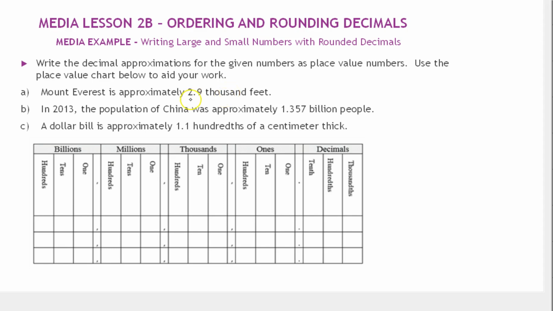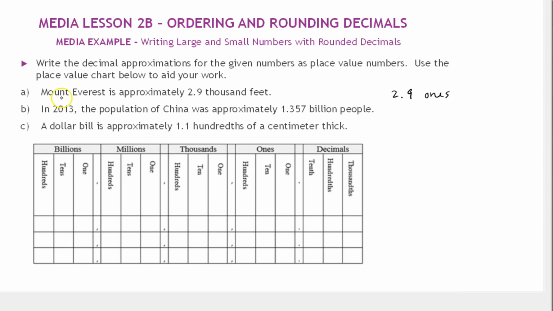So typically when we say 2.9, what we mean is 2.9 ones. We don't say the ones, it's implied. And if we read a really large number, we read the headings from the top of it. But here,